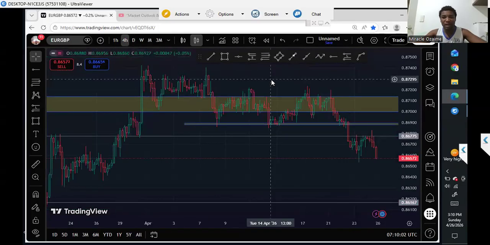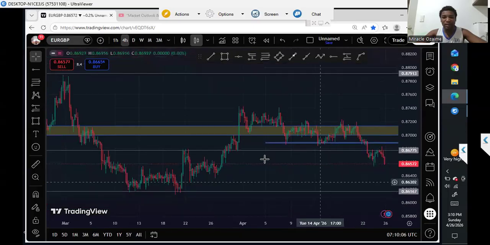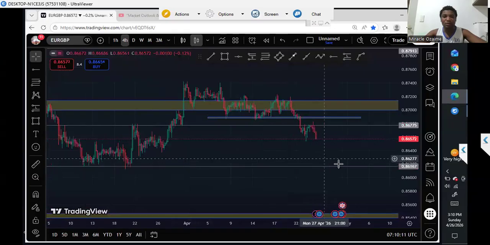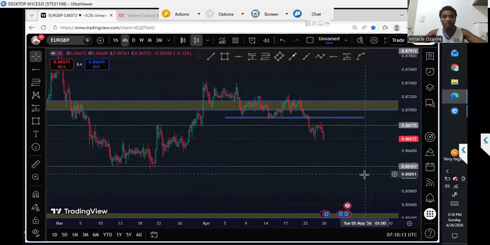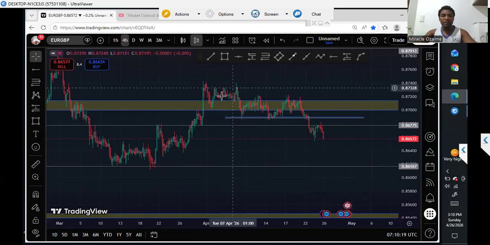If it does not react, it's okay. But if it reacts again, it's still fine. I can take more opportunities from this area towards the downside. Why do I still think that there's possibility that the market might react? Because on the 4 hour time frame, if you check the nature of the previous correction around this area,